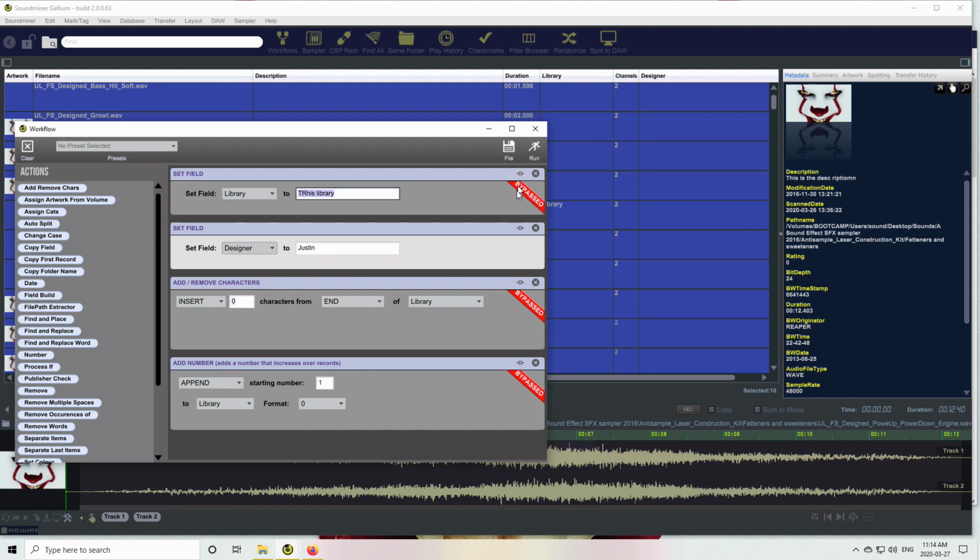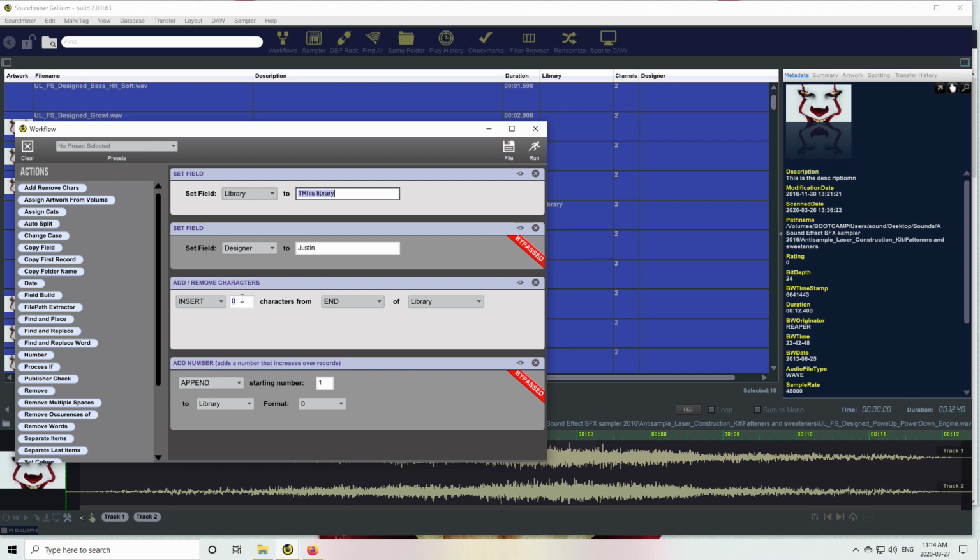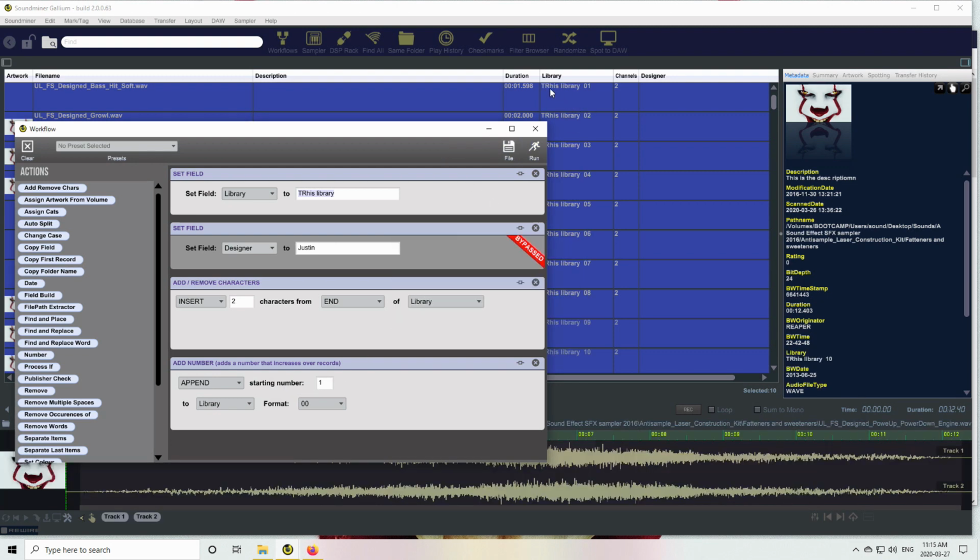So let's do something a little bit more complicated. Let's set the library field to be this library. We're going to insert 2 characters on the end, maybe. And we're going to append to the end of library in the format double zeros, starting at 1 for every one of these files. So I'll run it. So you can see it put a space there, and then it's put starting at 1, 2, 3, 4, 5,